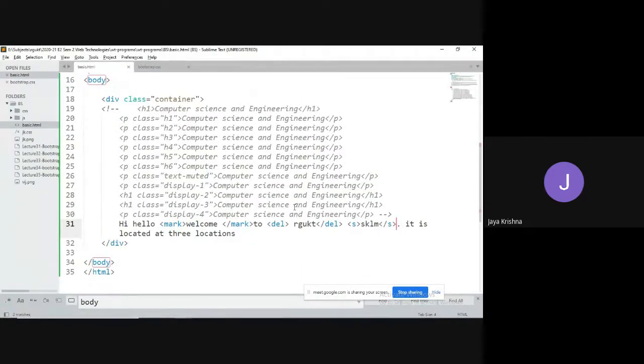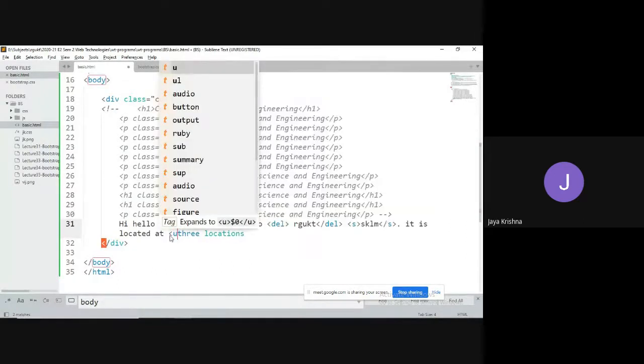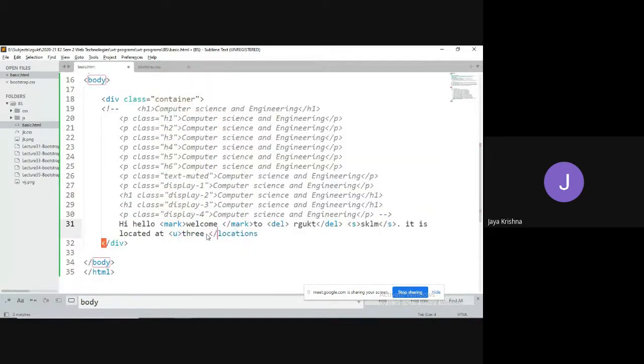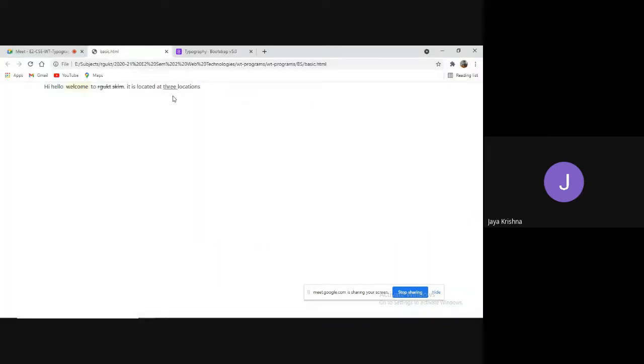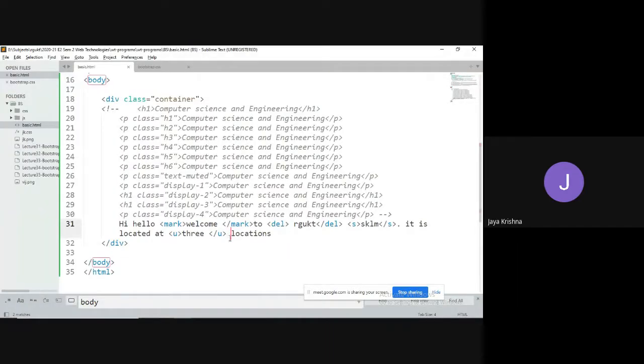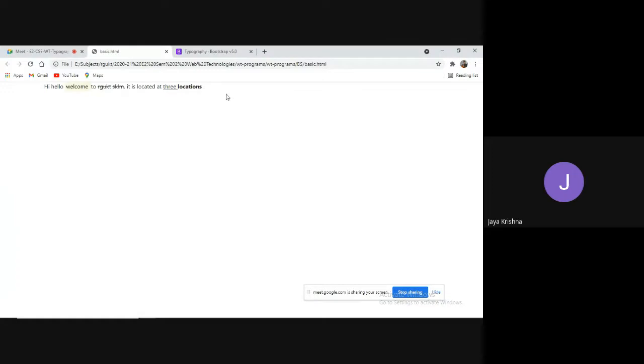Yes, if you want to go for any kind of underline, for example, I should make an underline for 3, then I can go for the u tag. So you can observe an underline. Similarly, bold tag, italic tag, small tag, strong tag, all these we can use wherever you require. For example, strong is meant to produce the data in bold format. Locations will be produced in bold format. Okay. Some italic text you can also observe. All these things you can use.